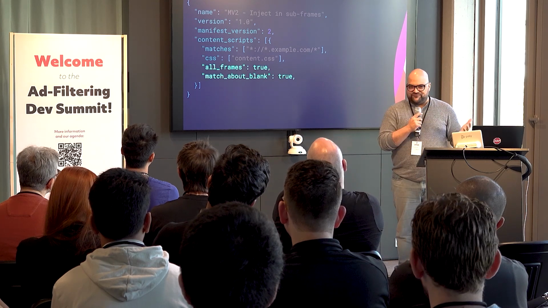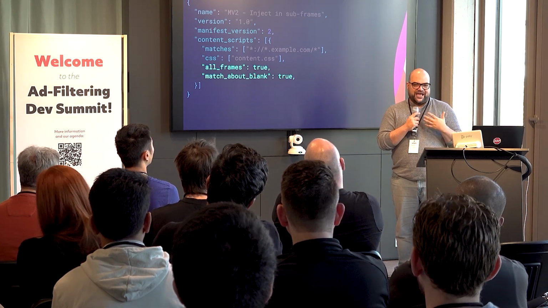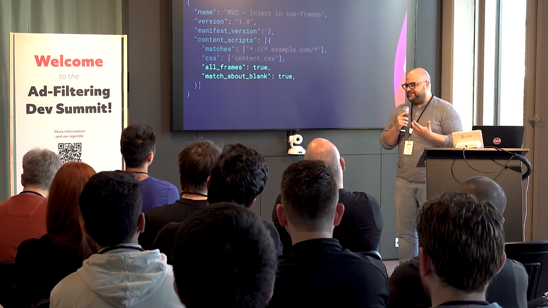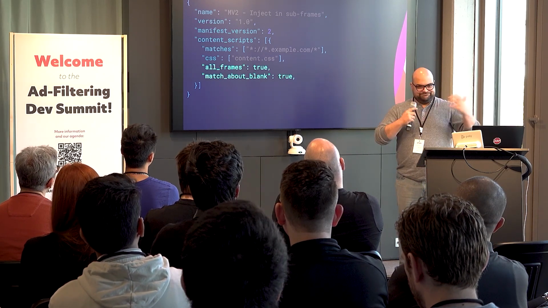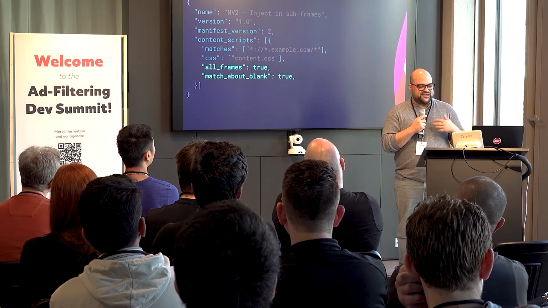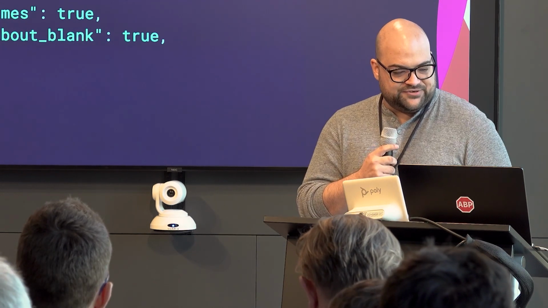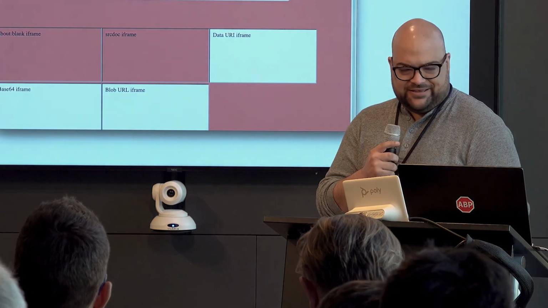But not all subframes are created equal. Not all have a well-known origin that you can easily associate. So match about blank allowed you to target frames that were, say, created without a specific source. The browser still has to give it some content to display. That's by default about blank. There's also a special case